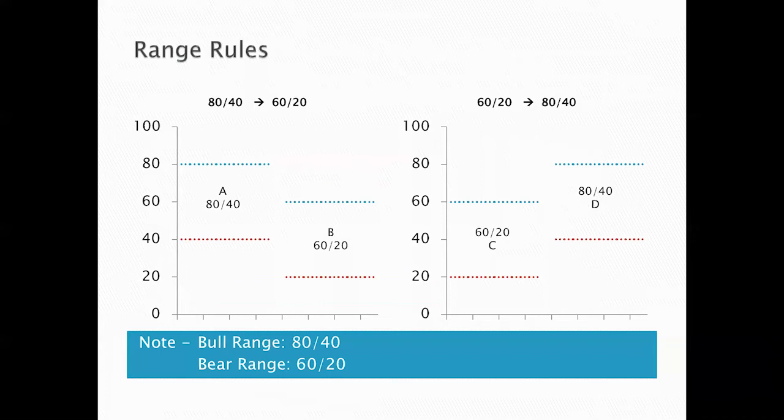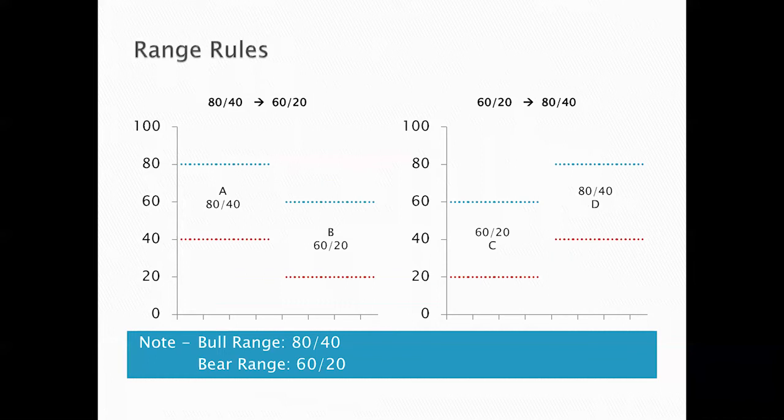When I was in Vegas, I spoke at the Money Show and I put this chart up, and one fella came up afterwards and he said, your range rules are unbelievable. I spoke to him the day after I presented my lecture. He said, I went back and checked a lot of charts and I had some that I was losing money in. It was in that 60, wasn't going above 60, never broke it and kept going to lower prices. I said, well, you should have recognized it. He said, I did after I looked at your range rule chart. So that shift from A to B tells you there's a possible trend change taking place.